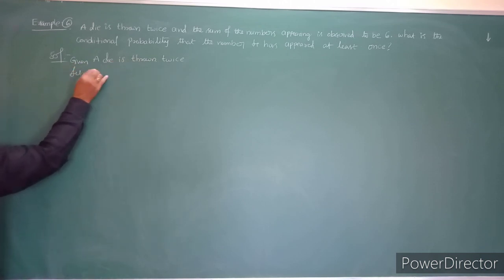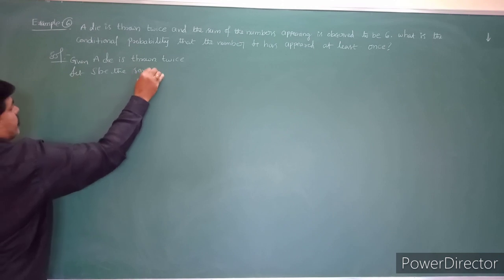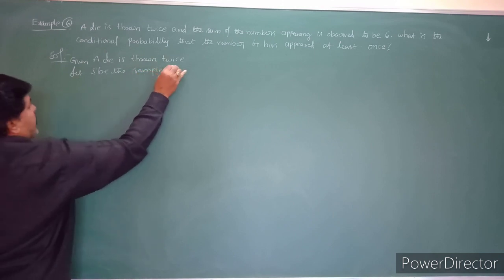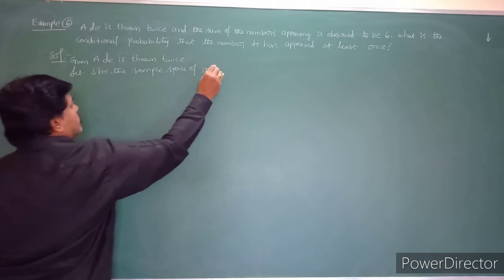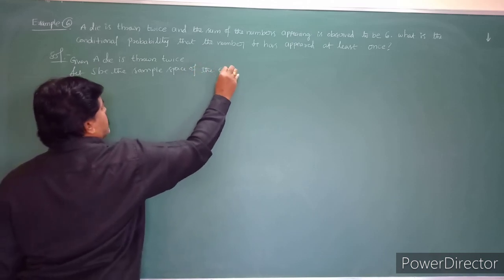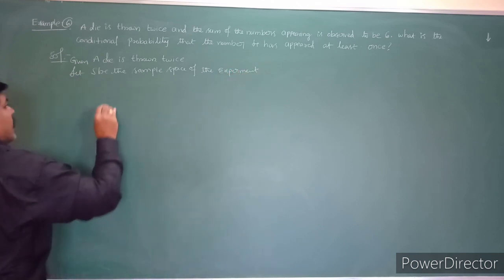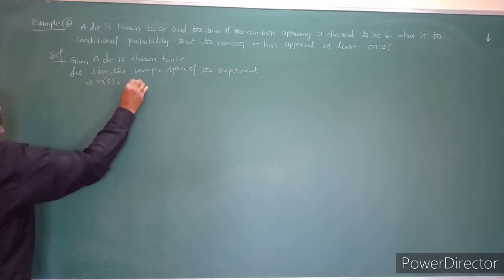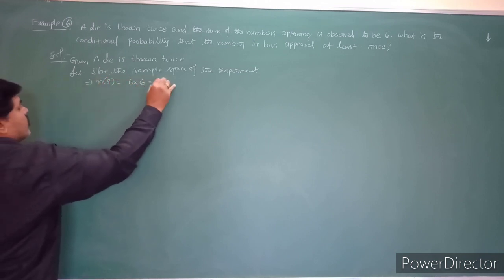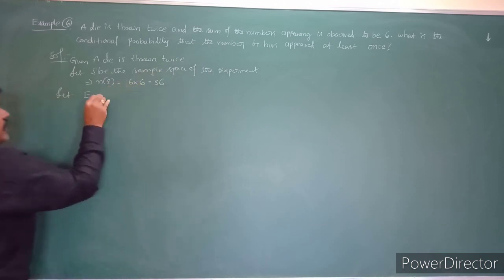Let S be the sample space of the experiment. Then n of S is equal to, what is n of S, students? 6 into 6, so that is equal to 36. So first, let E. What is E? Let E be the event